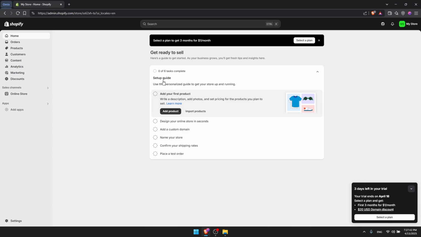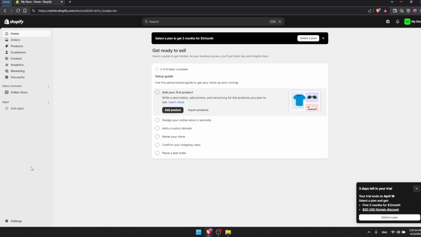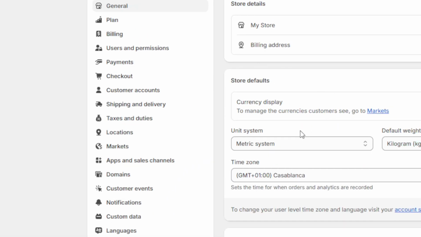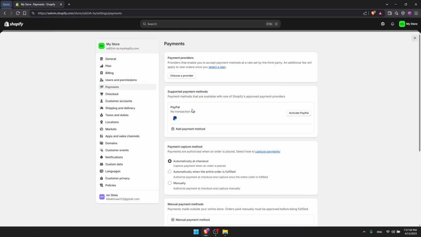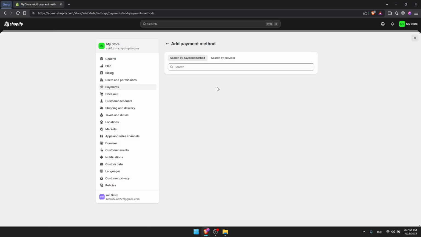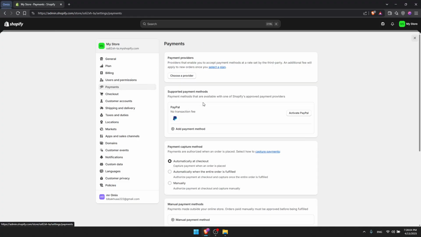So once you're here, what you need to do is simply go to this left panel, go to the bottom, settings, and you'll find yourself here. If you go to payments, as an example, you can simply go and connect your PayPal account. And as I said, you can connect Venmo directly. So if you're trying to add another payment method and you look for Venmo, you will not find even Venmo here, even here as an example. So basically, you can connect it using PayPal. And of course, you can simply connect your PayPal account to your Venmo account